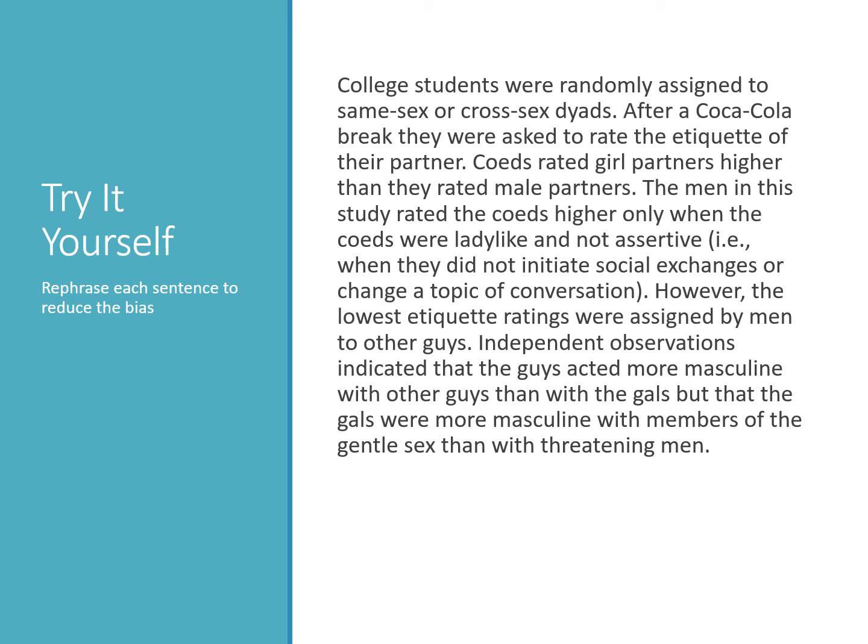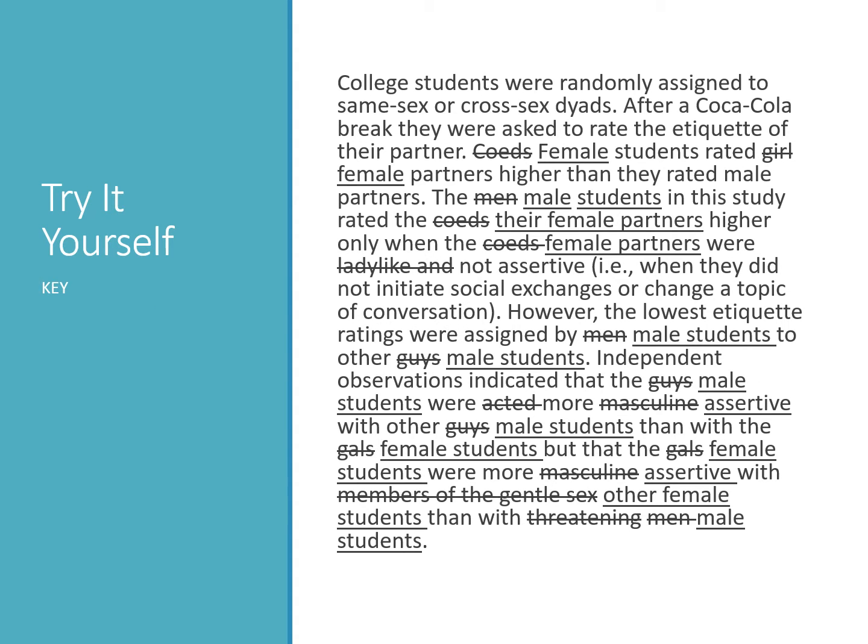Another example. Again, pause this, go through and look at the entire paragraph and see where you can rephrase sentences or the paragraph to reduce bias. Okay, so again, we have the term co-eds, which is an antiquated term referring to female students. This also refers to female college students as girls. Girls and boys are okay to use when we're talking about children, but when we're talking about adults, we want to use men and women.